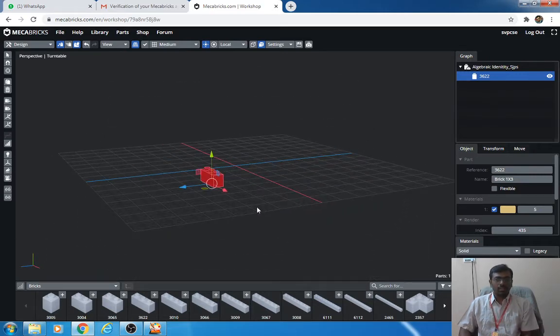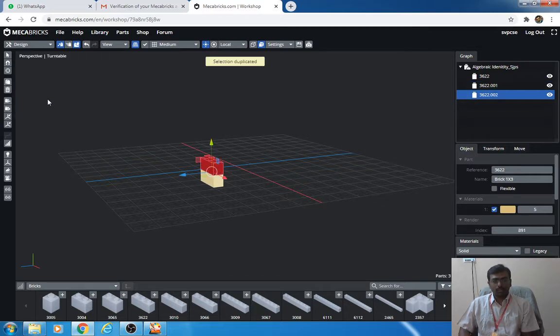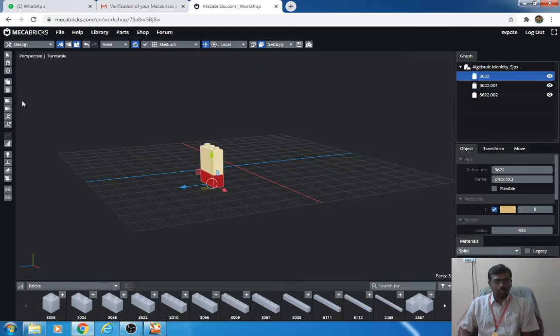After this, you have to make a duplicate. You need not select it each and every time; rather you can click this particular option which we call clone. Just click one time, press the left mouse button and drag it. You will get the cube again. Clone it, you will get another. Again click this bottom one, clone it and drag it.